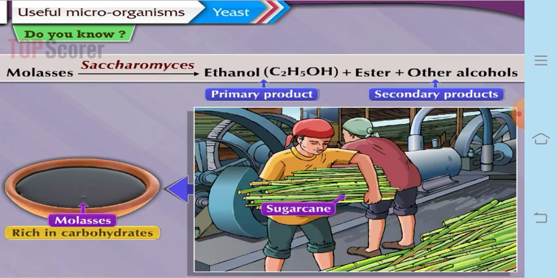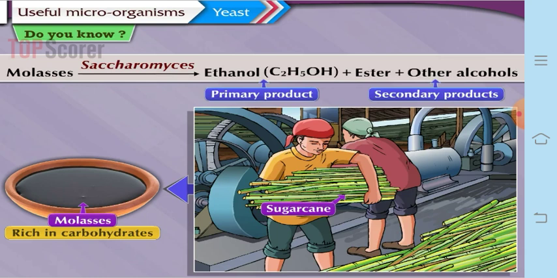You might have heard about ethanol. Ethanol is nothing but the alcohol which is the main constituent of the fermentation by yeast. Here, molasses contains either glucose or fructose, which are sugars, and this sugar is getting converted into ethanol, which becomes the primary product here, and which is a very useful alcohol used as a fuel, a clean fuel. Fine. So it is very important as a product.